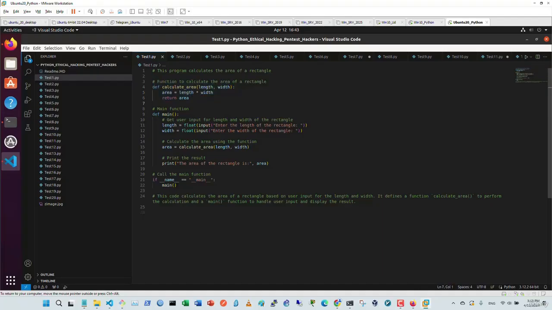Okay, and when you are going to define a function, first of all, with functions we can, for instance, have different functions, and as you can see here, different inputs, for instance, length and width from here, and area. We are going to calculate area based on the length and width that we get from user input, for instance, and return area. Okay, so when you execute the code, from here,